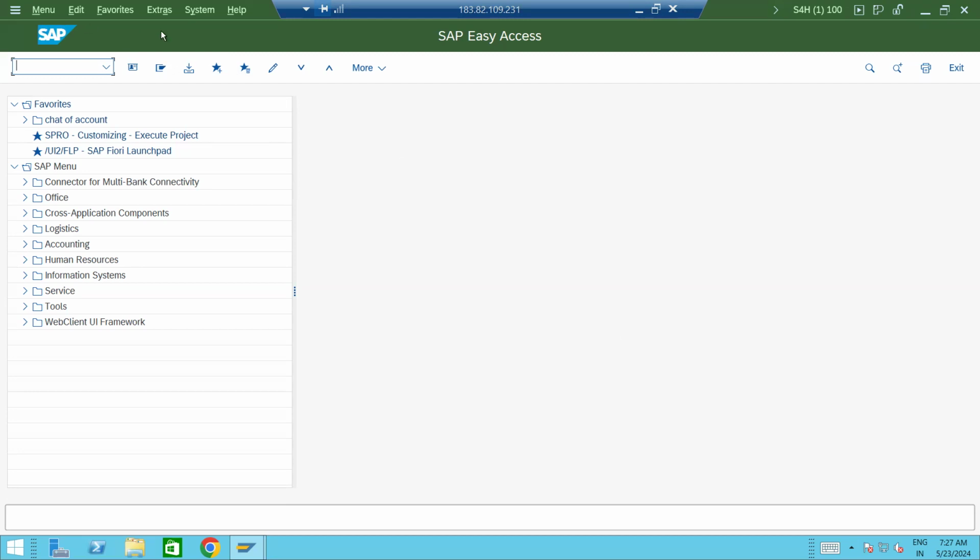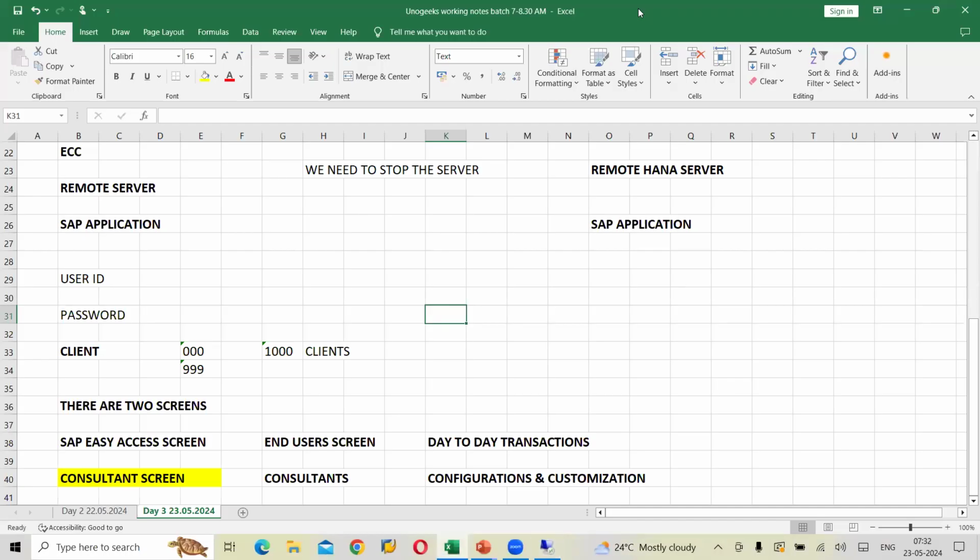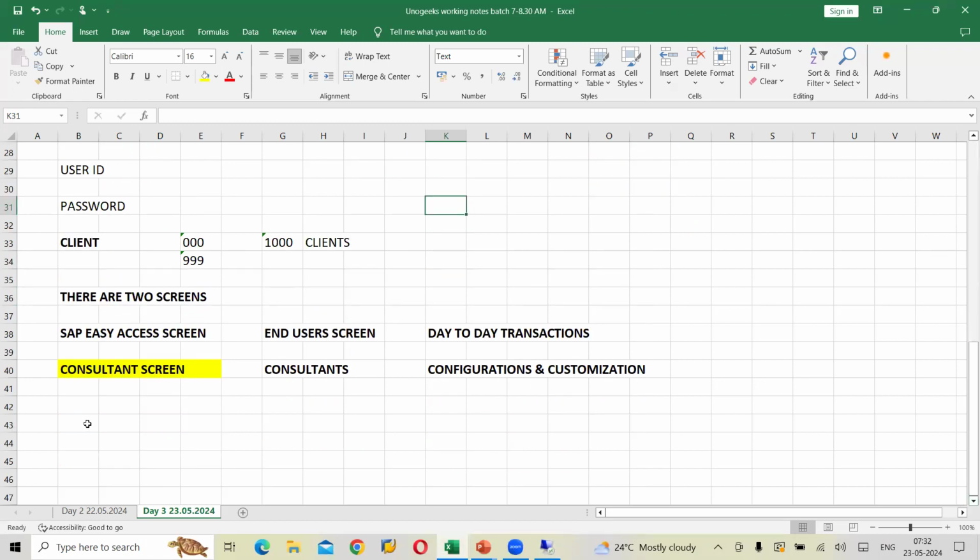we call it as a menu bar. You're able to see menu, edit, favorites, extras. So this is considered as a menu bar. Clear? I have mentioned in the PPTs also. So first line, we call it as a menu bar. Menu bar. Okay. And second line, we call it as a